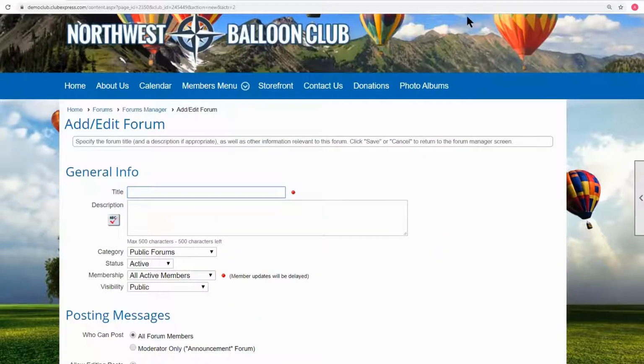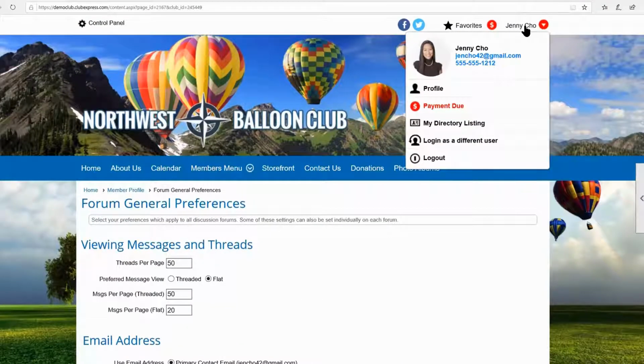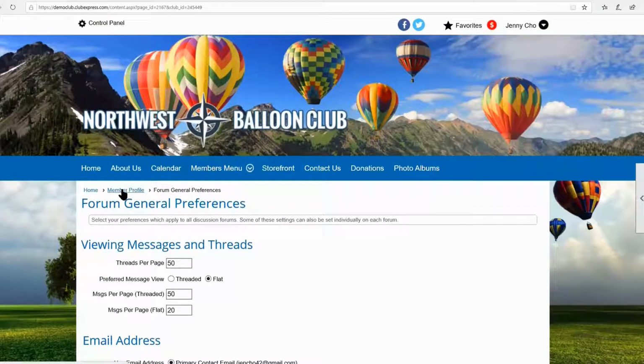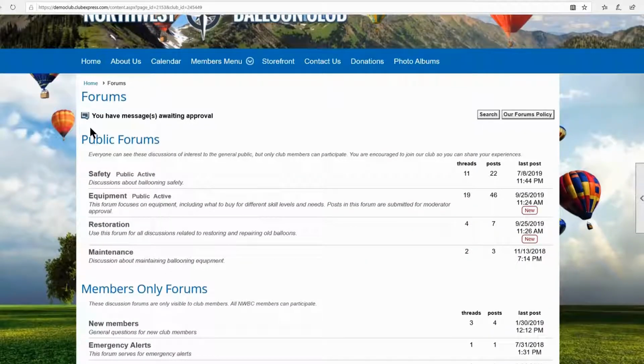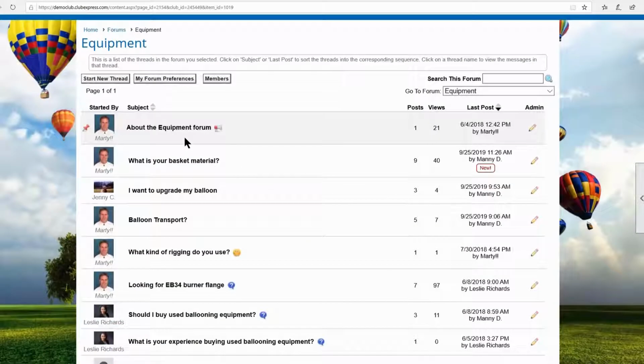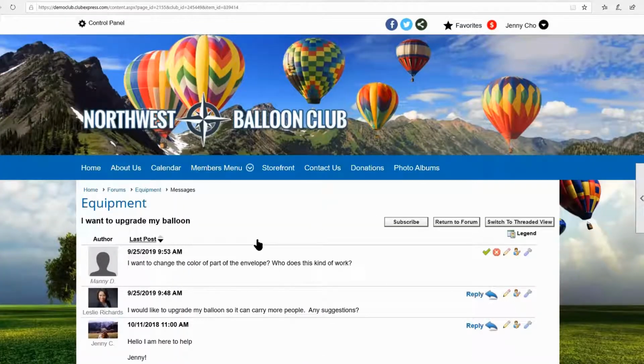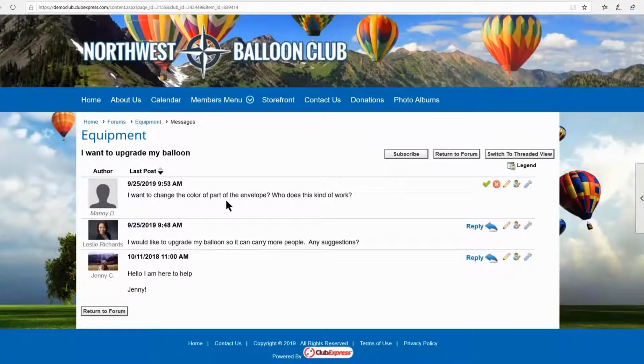Let's go in. I'm going to go back in as Jenny. So I'm going to switch over to this other one here, going to Jenny Cho. And if I go back into forums here, you'll see that there are messages waiting for approval. And that's because in the equipment forum, about what is your basket material and I want to upgrade my balloon, there are some messages that have been posted but don't show up yet.